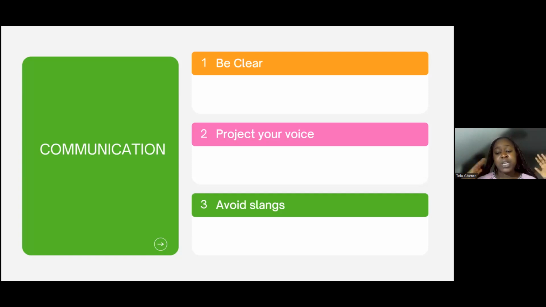So in your communication, make it as clear and as concise as possible. And if you're looking to explore more on communication, you can learn more from the 7 C's of communication. When you're communicating your results, if it is spoken communication, it is important to project your